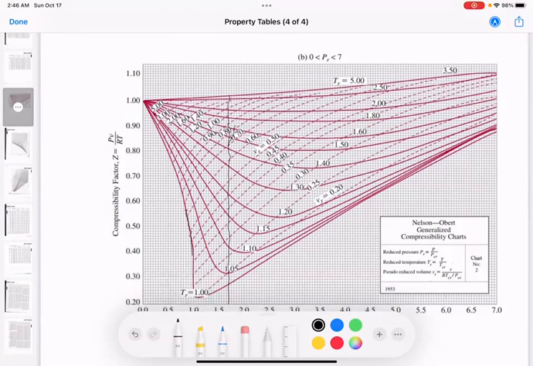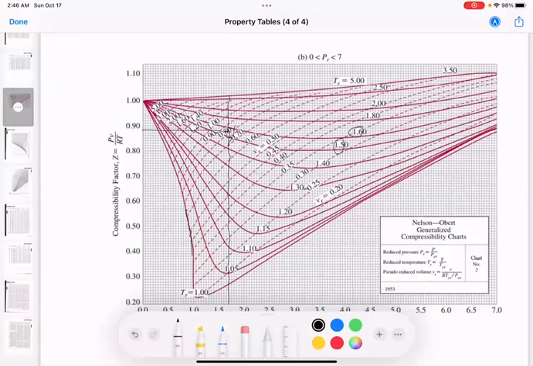Okay, so we're on that straight black line somewhere. And we know that we're going to be at a reduced temperature of 1.57. So if we look between the 1.6 and the 1.5, we're going to be closer to the 1.6. So we're probably right around there, and if we follow it back,